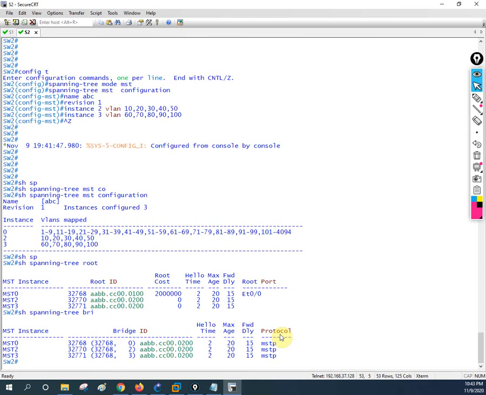I hope you understand. Just remember that MSTP stands for Multiple Spanning Tree. It is an open standard, and common spanning tree has a single instance for all the VLANs. To reduce the CPU utilization and RAM, we are using MSTP, and we will create the instance, and we will add the VLANs. And just remember the configuration, how we have the configuration. We need to first of all change the mode, then go in the spanning tree, then go in the configuration of the MST, then write the name, and then the revision number, then create the instance and add the VLANs. That's all, no other thing.